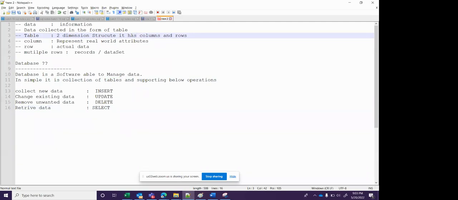So now, a database is software managing the data and able to perform four different operations: insert, update, delete, and select. So to perform this,